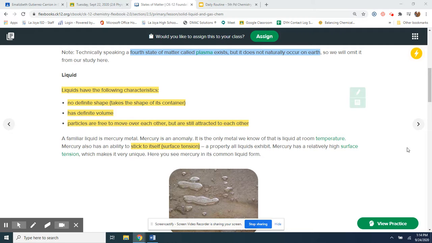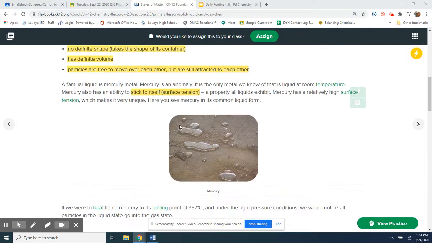What do I mean by surface tension? Look at this picture right here of Mercury. You'll notice that these particles have kind of stuck together to form these giant bubbles. Do we have small bubbles? Yeah, we got small bubbles. You can see them here. The reason why it bubbles up is because of that surface tension between the particles in this substance, in this